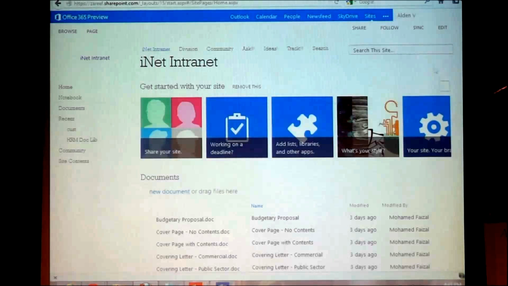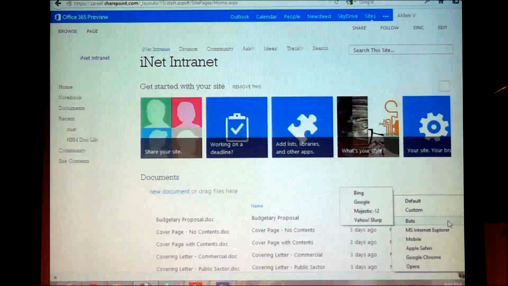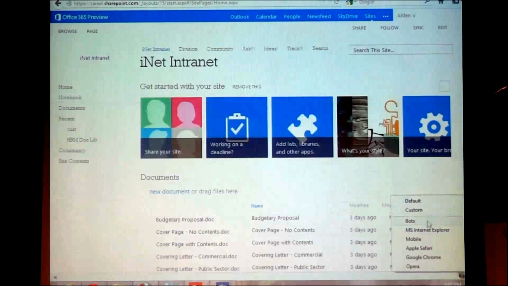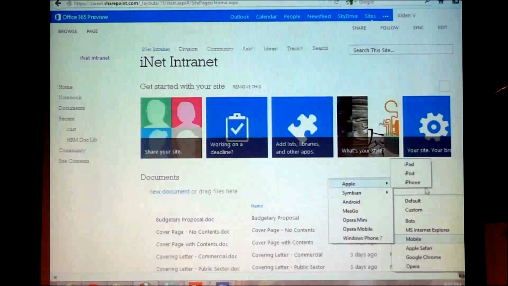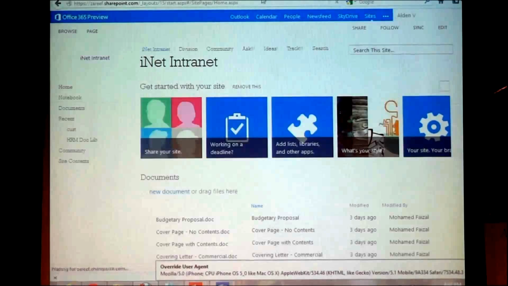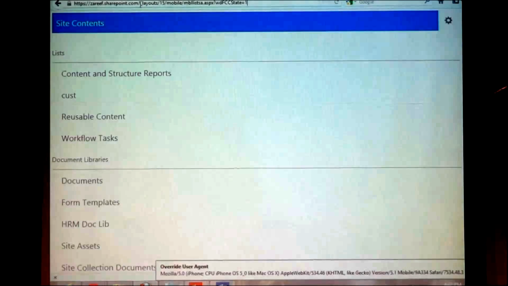Now let's look at the same portal. He wants to view through his mobile phone. Let's say I'm using user agent to change it. The moment I change my browser to mobile, iPad or any other device, it appears and displays right away.